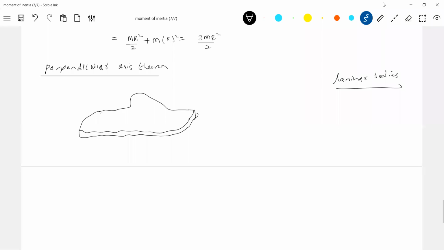Okay, now what about the axis? The axes are here. So this is the x-axis. This is the y-axis. This will be the z-axis here. Now what he's saying is, for this particular